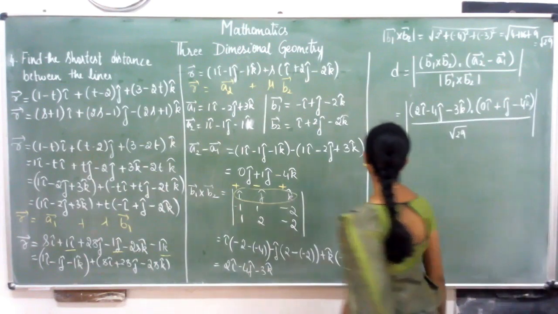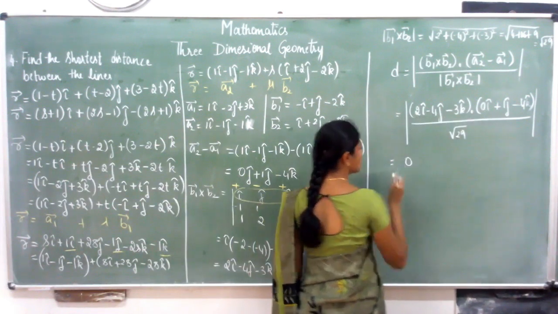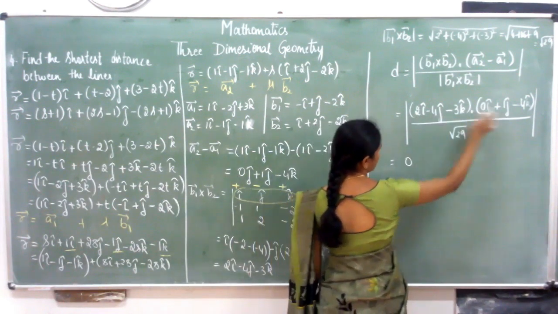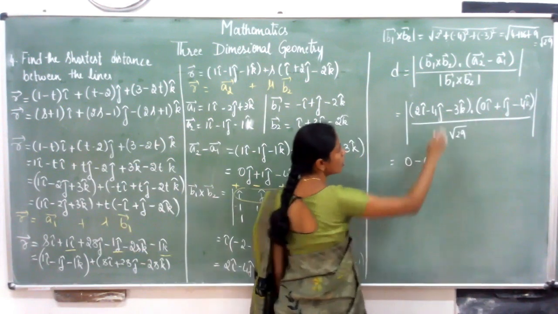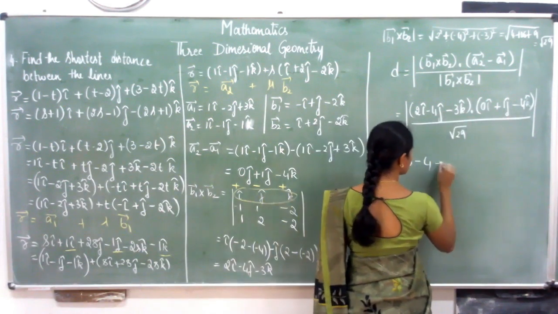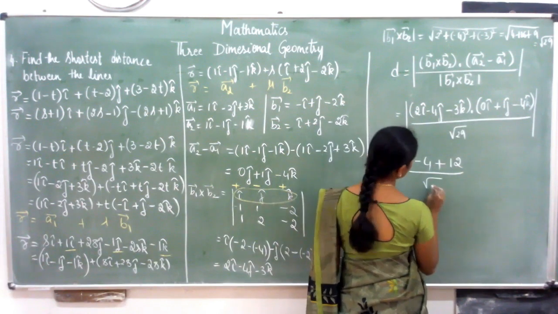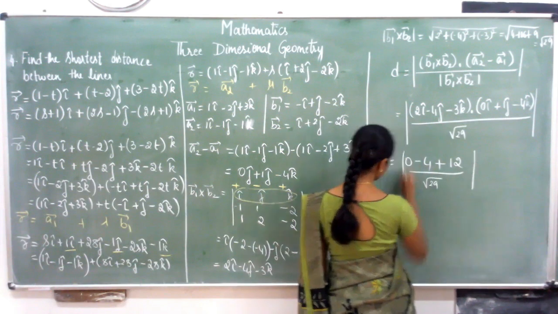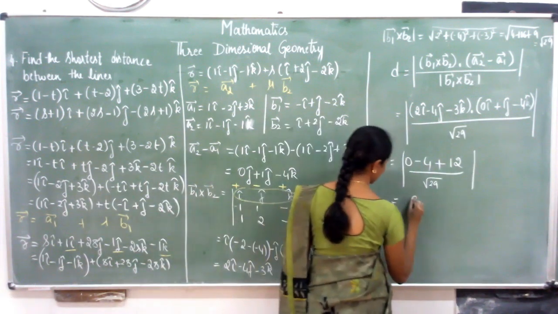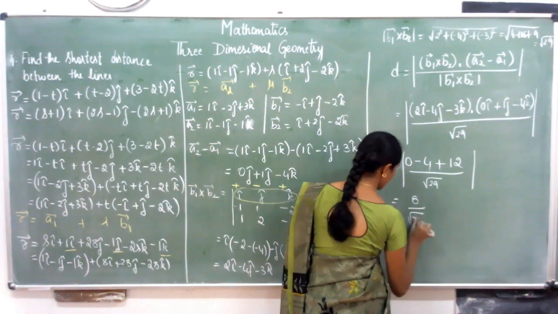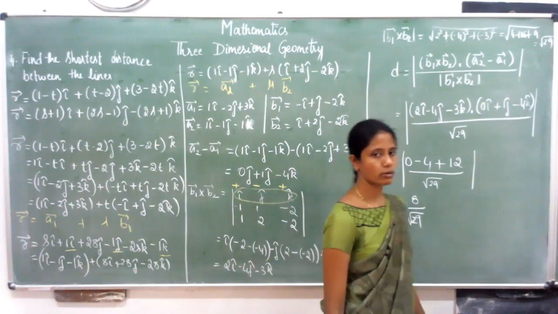Finding the dot product between these two vectors. So 2 into 0, which is 0. Next minus 4 into plus 1, which is minus 4. Minus 3 into minus 4, which is plus 12, divided by root 29. So minus 4 plus 12, which is 8. So 8 divided by root 29 is the shortest distance between the